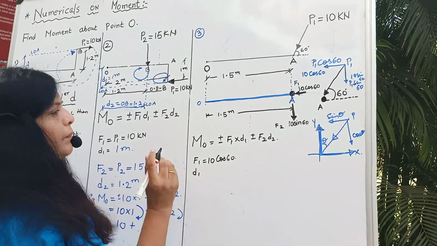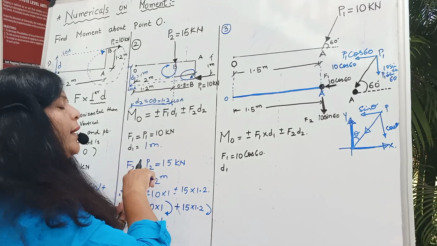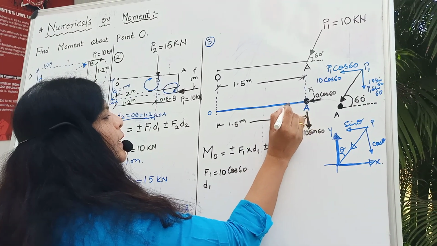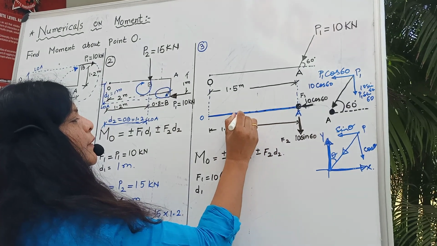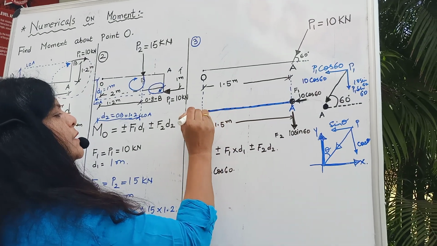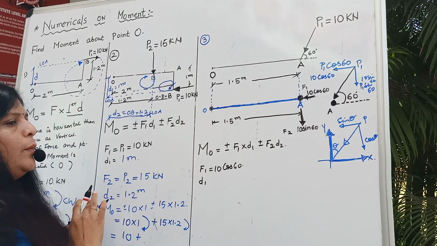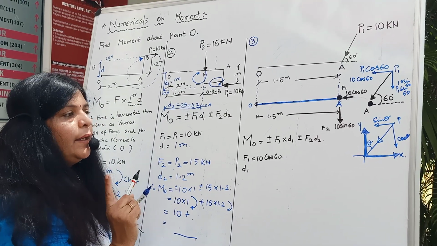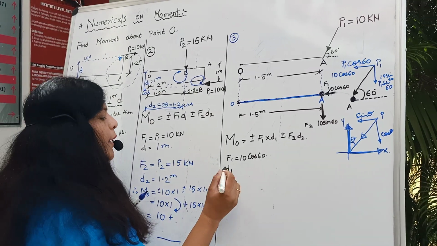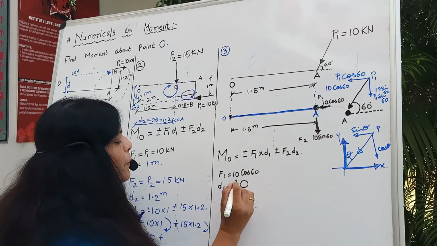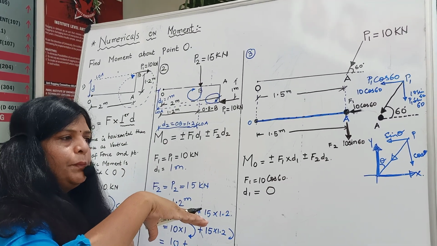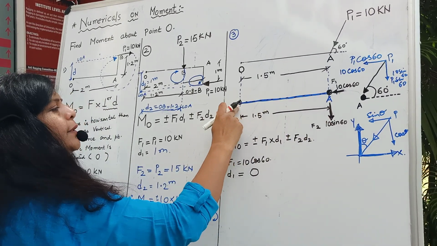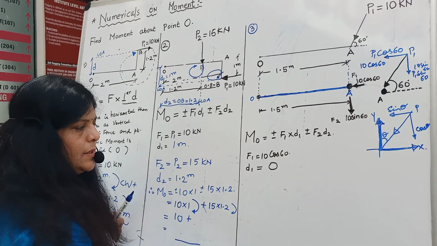Okay, what is D1? So the line of action of the force is to be extended. So if I extend the line of action, it comes and meets at point O. So what will happen? It will produce a linear motion. There is no perpendicular distance. Okay. So D1 will be 0 because the force is horizontal. So perpendicular distance I need is vertical. But it is passing through point O. So it will be 0.